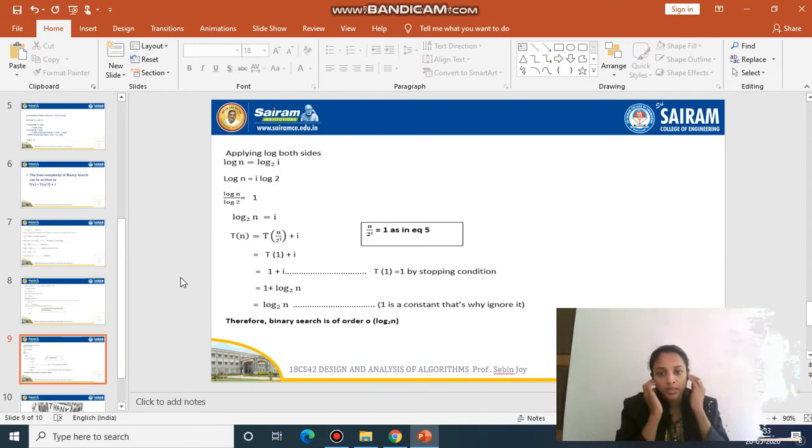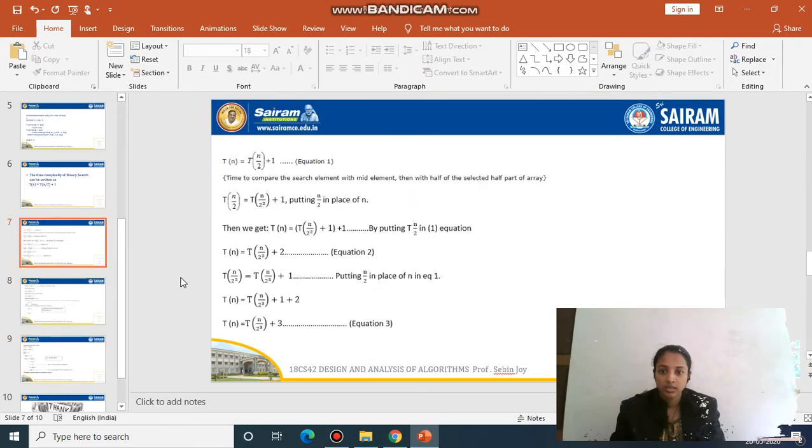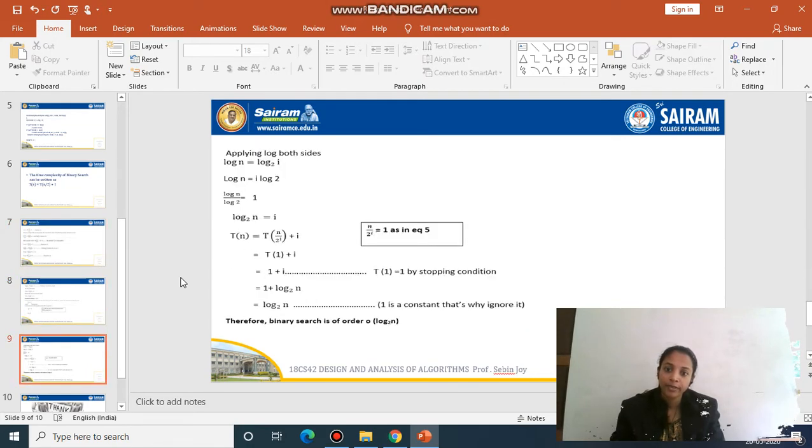So this is the basic method of doing binary search. This is a very common example which uses the divide and conquer technique. In the question paper they will ask the question as: describe the divide and conquer technique by using the example of binary search. Otherwise they will ask: explain binary search using divide and conquer technique, write the algorithm and analyze it. So when you do the analyze part, you have to do this. This is the solving for the analyze part, and at the end you have to get log n. So log n is the efficiency of the binary search algorithm. This is the way you have to do it.